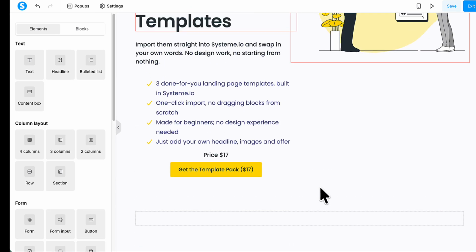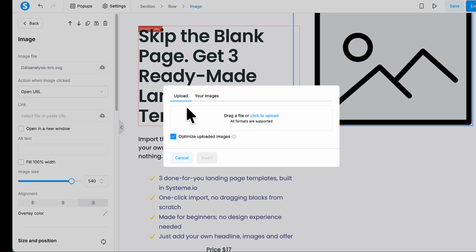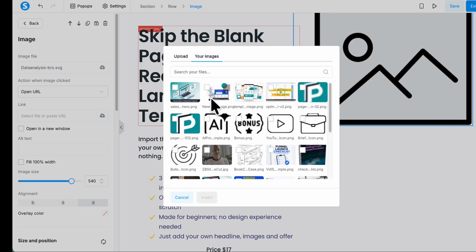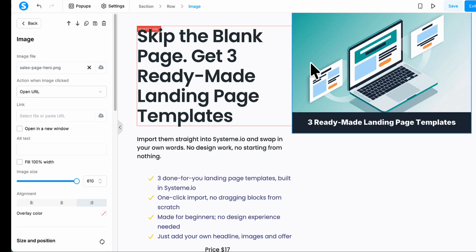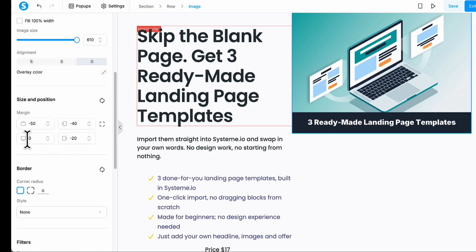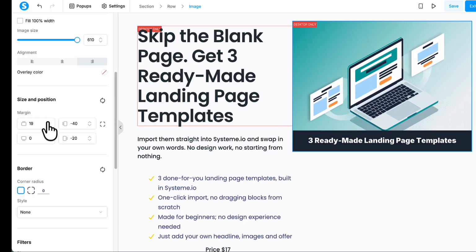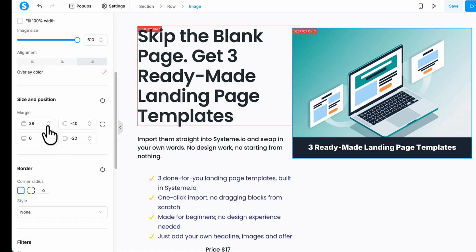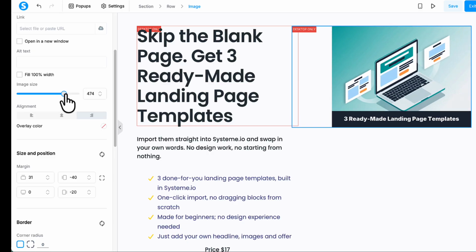Okay, and what I want to do next is change this image. I'm going to put an image to represent the product, so I'll click on that, and you can upload it by dragging it on there, or click upload here, but I've already uploaded it, so I'm just going to select it from my images here, and then what I need to do is move that down a bit. Let's see, and about right. I'll probably make it a bit smaller, center that,